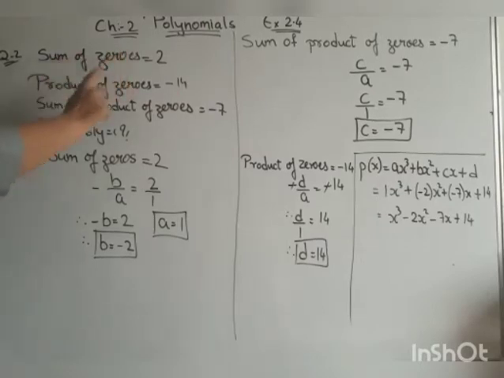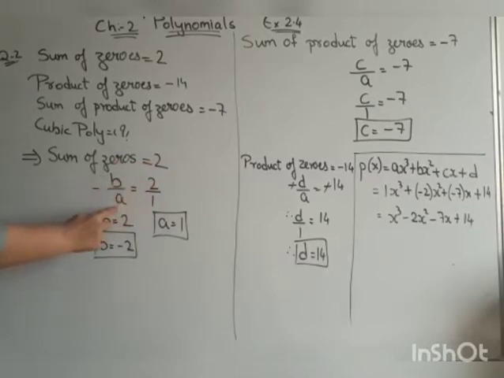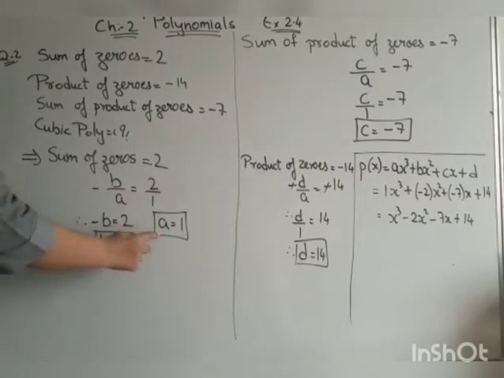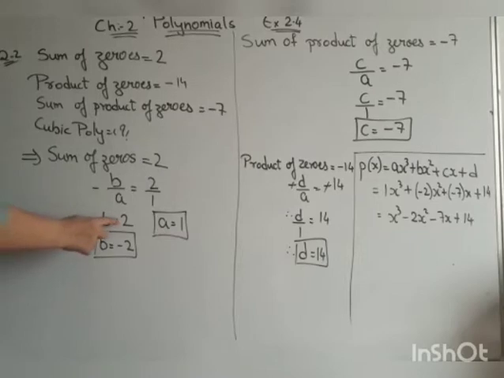So first of all, the sum of zeros is equal to 2. The formula for the sum of zeros is minus b upon a is equal to 2 upon 1. From this you can make out that minus b is equal to 2 and a is equal to 1. Now children, you know, if a minus sign is there on both sides, you cut it down. And if it is on the left hand side, we have to take it to the right side. That means this minus sign we will take to the right side, it will become b is equal to minus 2.